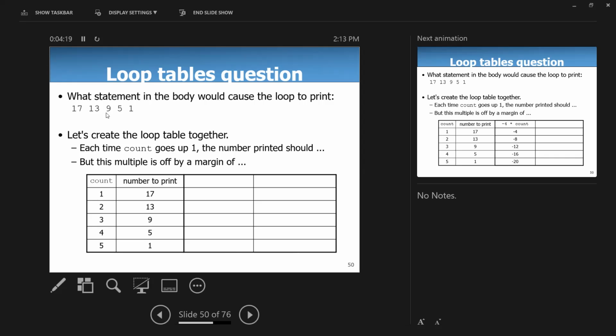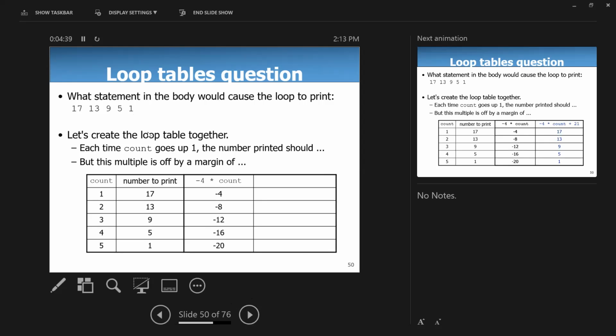The difference is 4 between the numbers. Yes, 13 and 9, 4; 9 and 5, 4; 5 and 1, 4. So it means this is a pattern. When they differ by the same number, it means these are within a pattern. So they all differ by 4. So it means